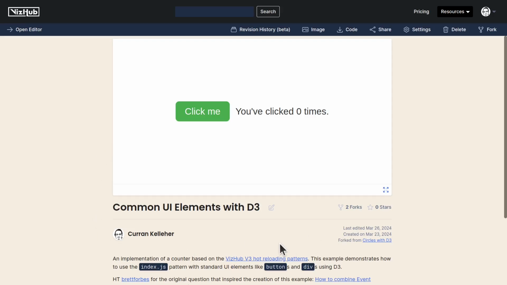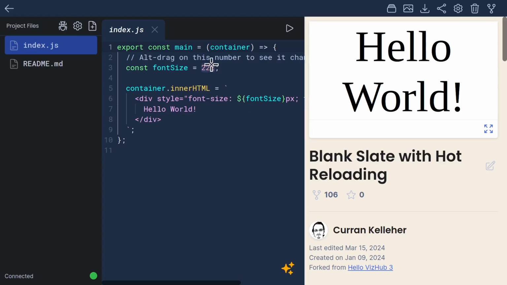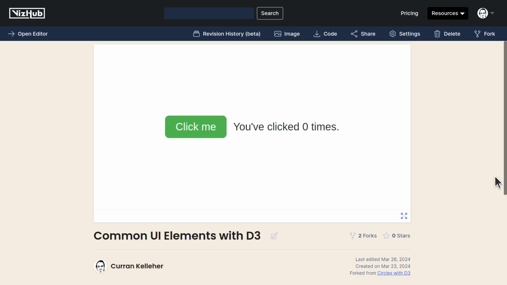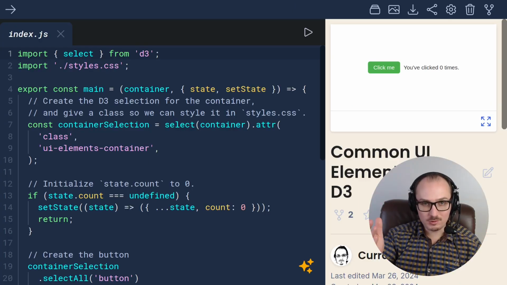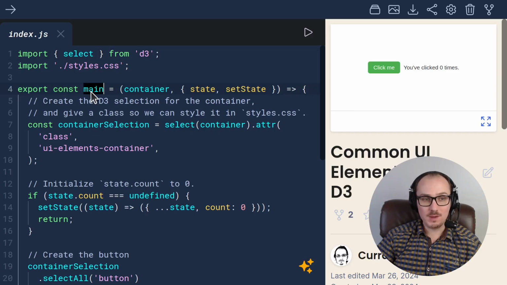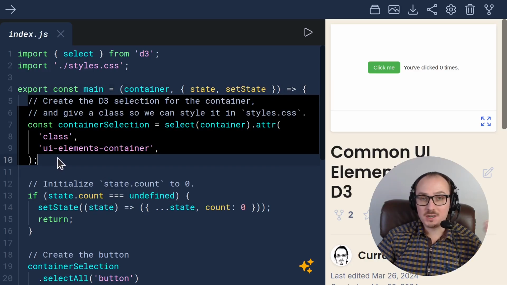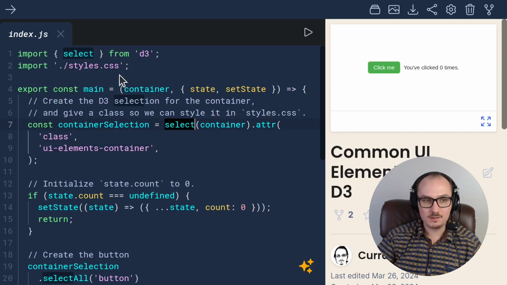It's in VizHub, and it's based on this pattern that supports hot reloading, and so it's going to start with main that takes as input a container. So let's take a look at the code. Rather than build it up from scratch, I'm going to just go through the code that I figured out already. So it starts with main that takes as input a container, which is a DOM element, and then these functions state and set state. We begin by creating a container selection by using d3 select